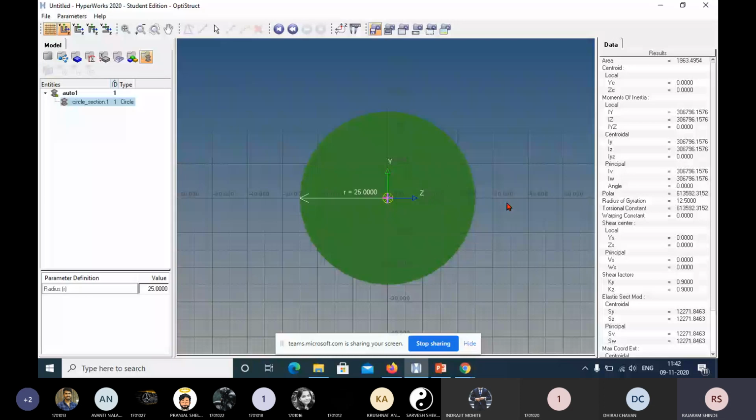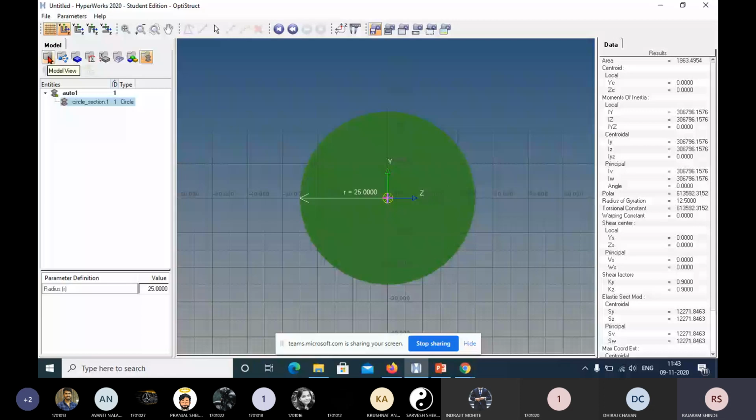Now after creating the appropriate section, you go to the model view icon. When we go to the model view icon, it will come back to the HyperMesh window.